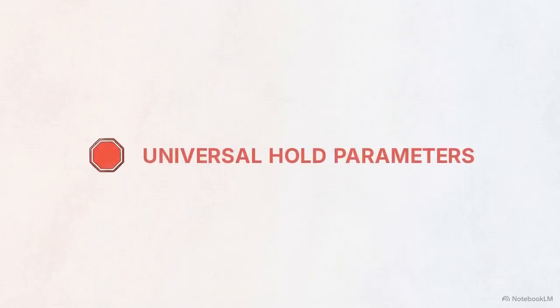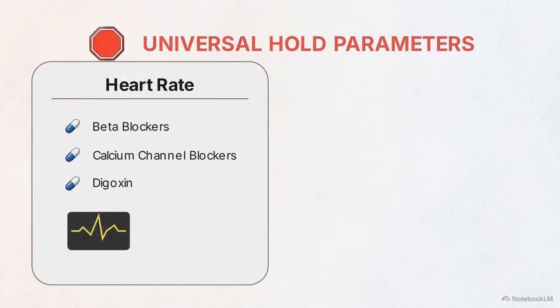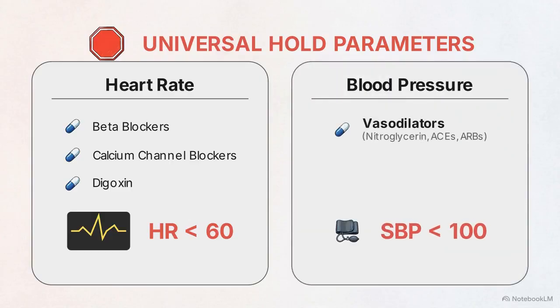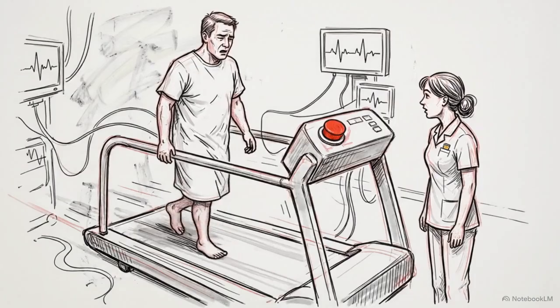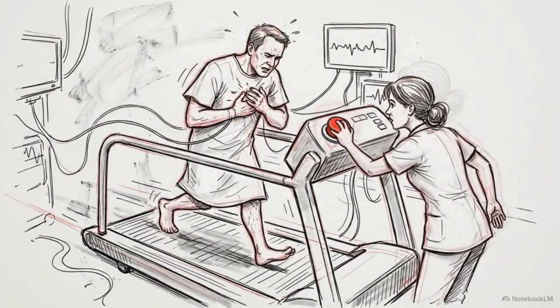Now we establish the universal hold parameters. You will always hold beta blockers, calcium channel blockers, or digoxin if the heart rate is under 60. You will always hold vasodilators if the systolic blood pressure drops below 100. The immediate goal during an ischemic event is reducing cardiac workload. If a patient reports the onset of chest pain during exertion, step 1 is always to stop the physical activity